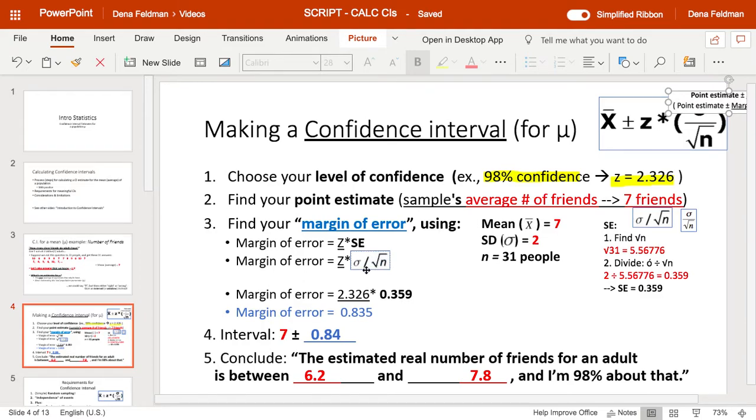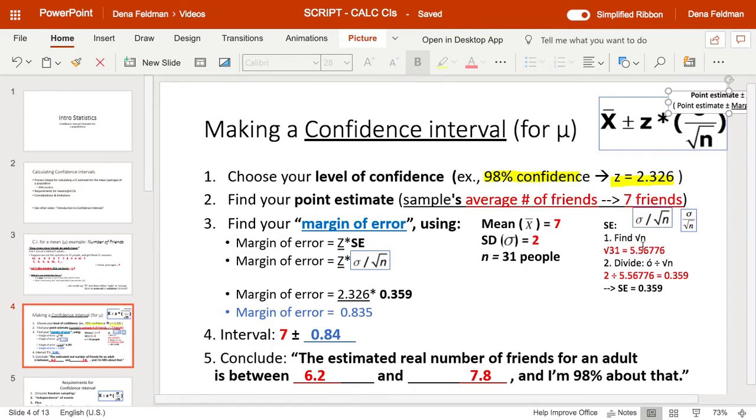So standard error, and we'll go over to the side here. This is where I did my calculations. Standard error is sometimes written in formula like this or like this. Same, just a different way of drawing the same expression. So the first thing that I do is I find the square root of n. In this case, the square root of 31, and that number 5.56 is the number I'm going to